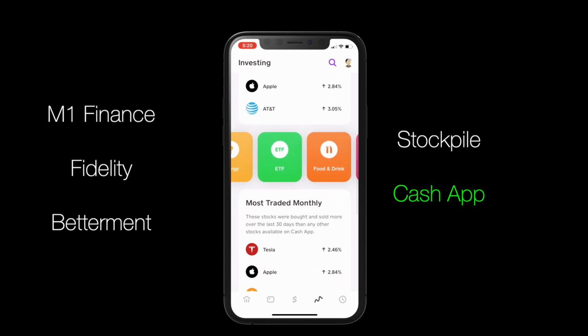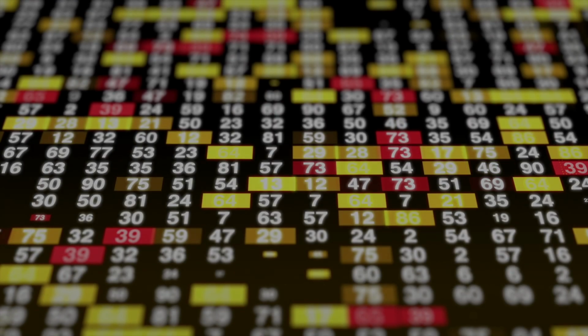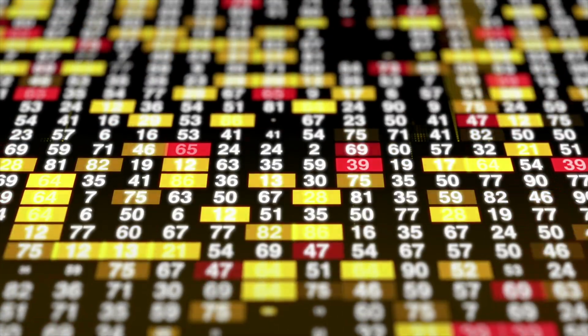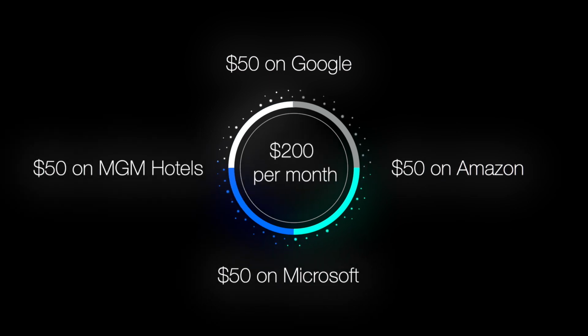One way that you can create your own ETF is by choosing a handful of companies that you want to invest in, utilizing fractional shares. So a quick example would be, let's say that I want to invest in Amazon, Microsoft, Google, and MGM Hotels. I want to invest in those four stocks every month, $200. So in those four companies, $50 a month. I don't have to have the full amount of money to buy the share, the fractional share. So what I'm going to do here is I'm going to invest $50 every month in each one of those